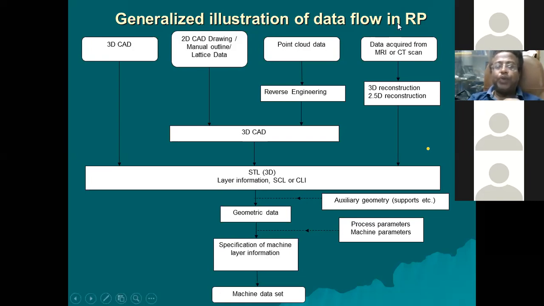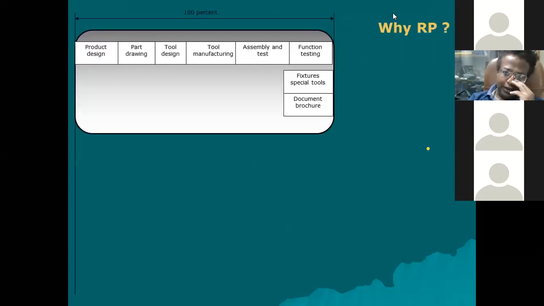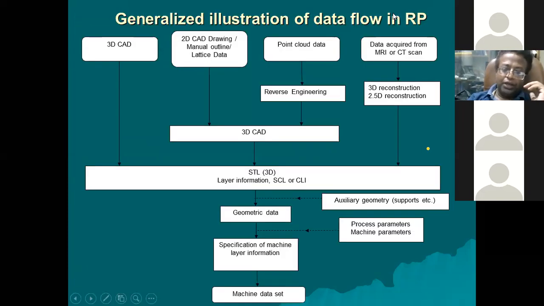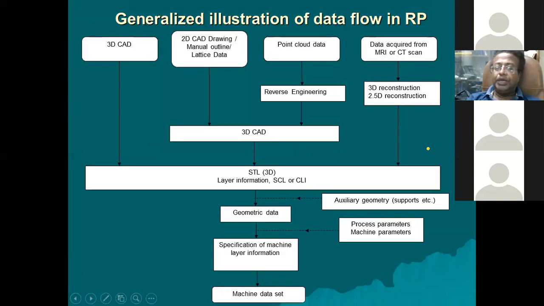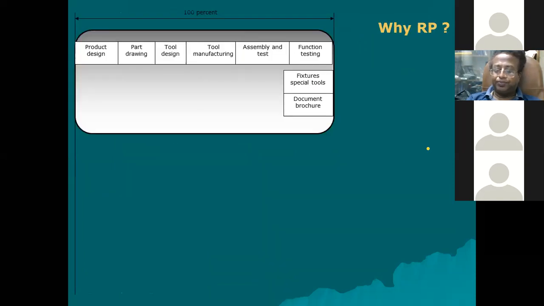The last one is very interesting. That is the biomedical application, correct? You can even use CT scan data or MRI data. I believe today we all understand the meaning of CT scan data and MRI data.